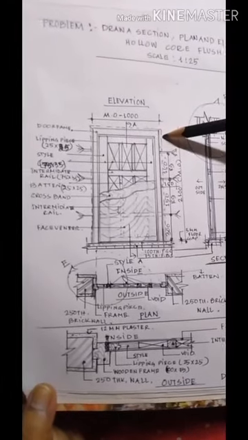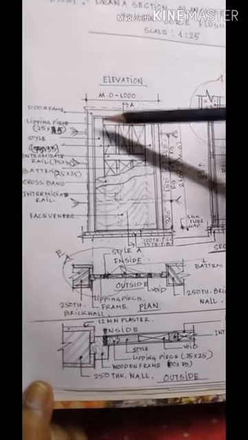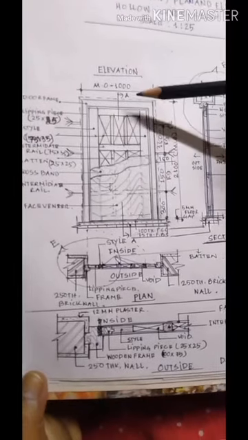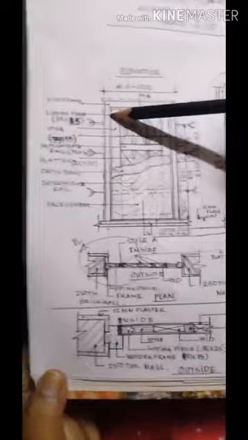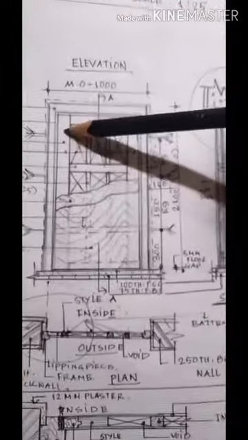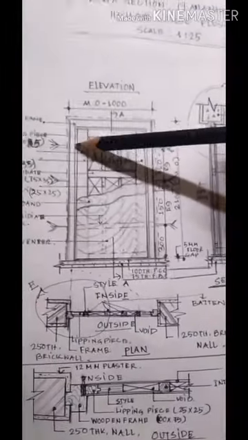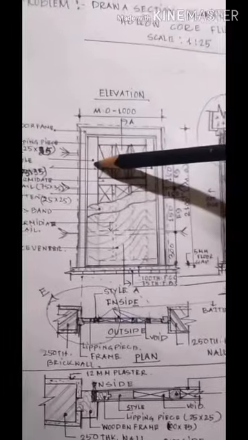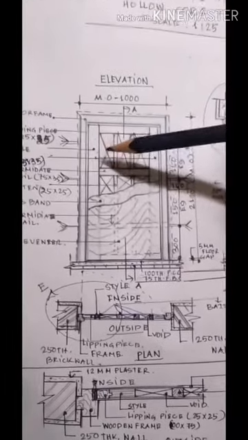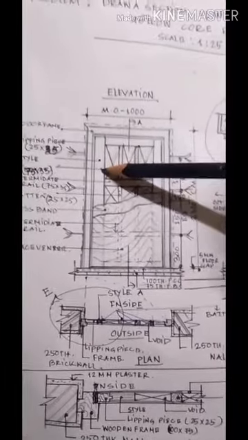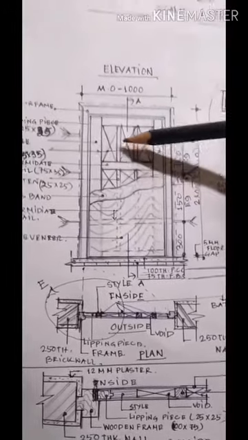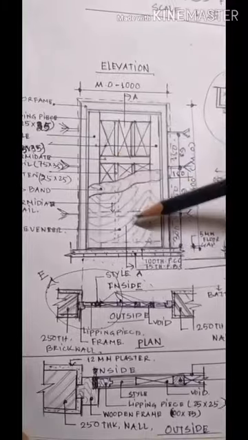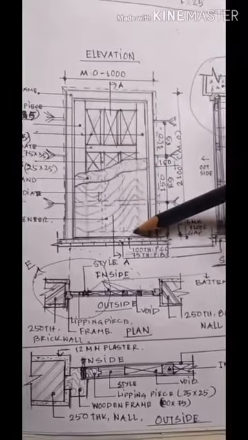This is called the door frame or the head, and the door frame is 75 by 100. After the door frame we see the lipping pieces. Lipping pieces attach the stile to the door frame. Then there is the stile, which is 75 by 35. This is stile number 1 and this is stile number 2. This is the intermediate rail, called 1, 2. This is the bottom rail.